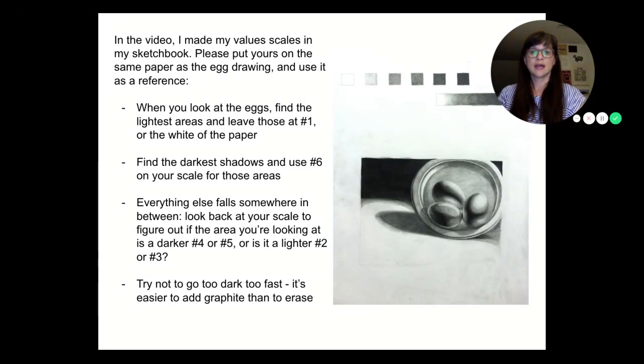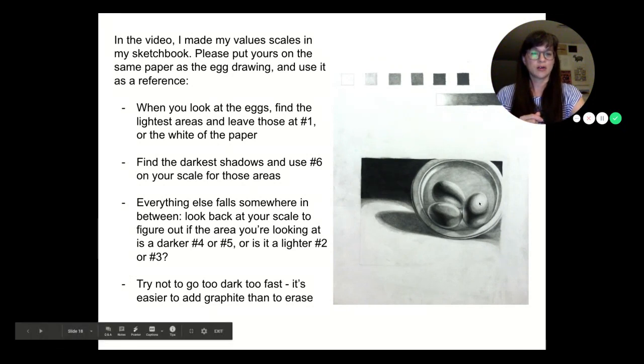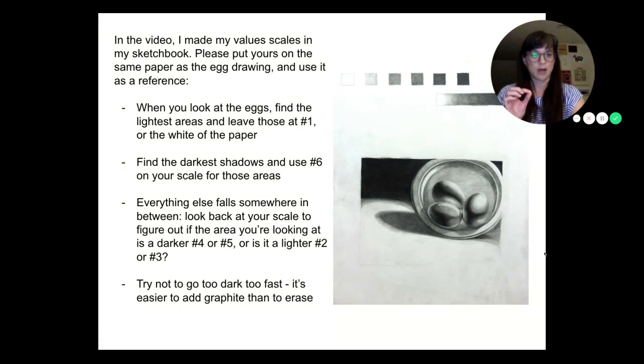When you're looking at the eggs, what I want you to do is find the lightest areas on the eggs, and you're going to make those your number one, the whitest white of the paper. And they're usually going to be just a few highlights here and there, very specific spots where the brightest white is showing. And then you're going to find the darkest shadows, and you're going to use number 6 on your scale for those areas. And this person used it for their background,